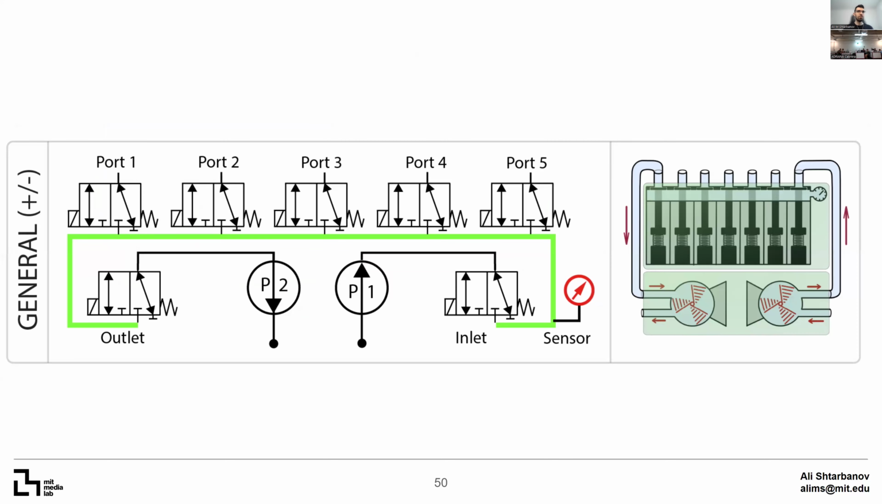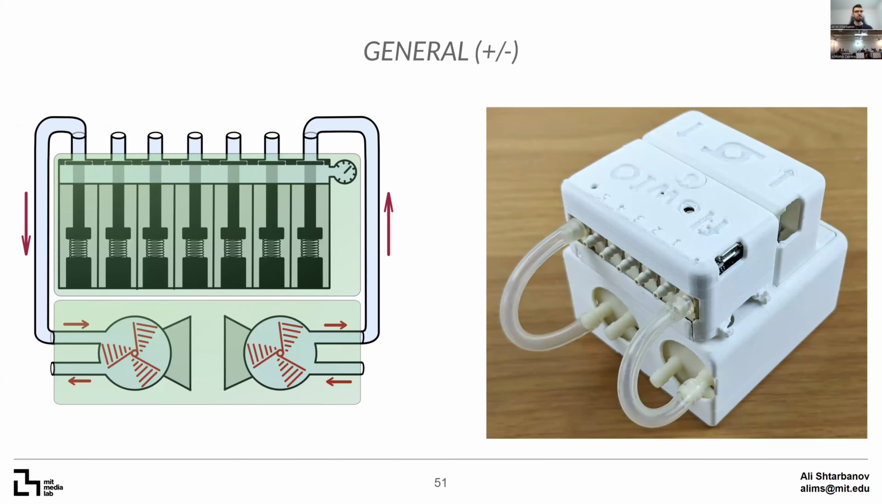Here is the pneumatic circuit and a cartoon representation of a FlowIO device in the general configuration. There are 7 valves and a pressure sensor connected to a manifold line, including inlet and outlet valves. Pump 1 is used for inflation and pump 2 for vacuum, and switching the configurations takes only a few seconds